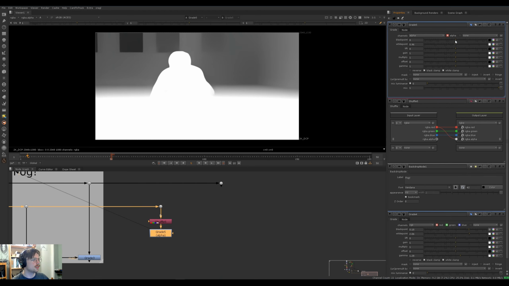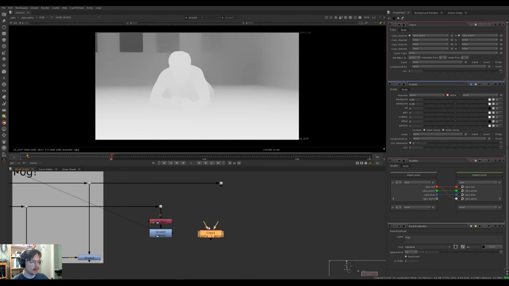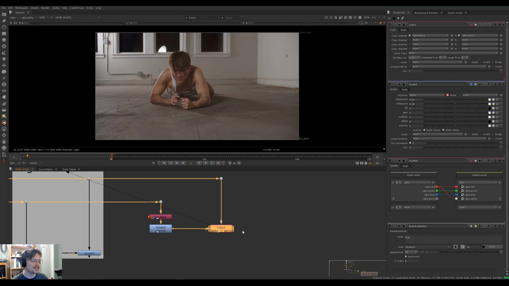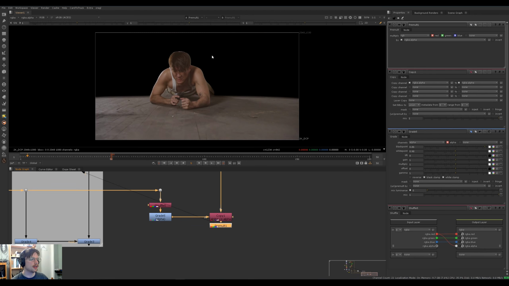I want to bring in all of our character and then turn up the black point until we're excluding the background. And let's see what happens if we now copy this over to our alpha channel on the footage. That's K for copy to bring that up. And then if I go ahead and hit M to preview the mask, you'll see we have a pretty nice outline of our character. And if I go ahead and pre-multiply this with the pre-mult node, there it is,